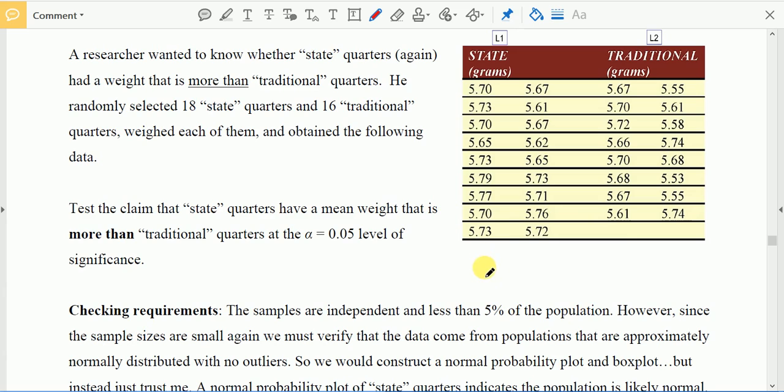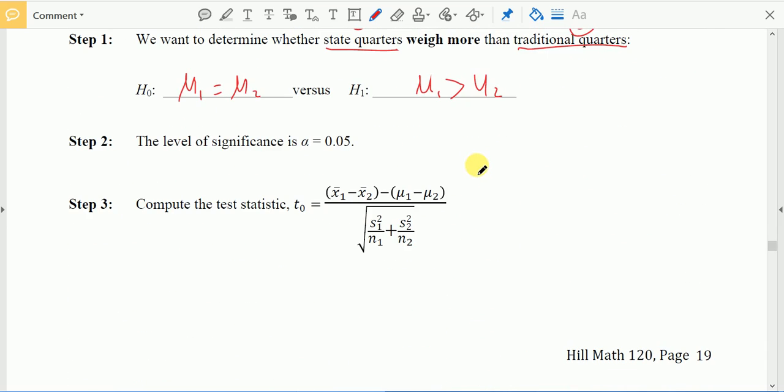You should get x1 bar to be 5.702. And again, s1 is the standard deviation. You can use the TI-83/84 to calculate the standard deviation of the whole 18 data set, and this is found to be